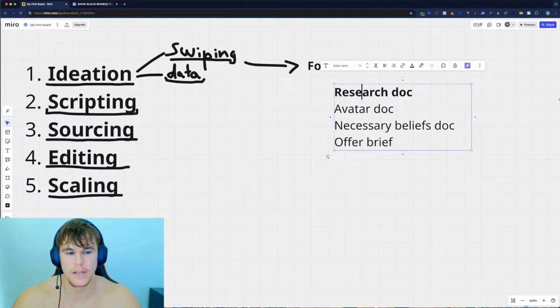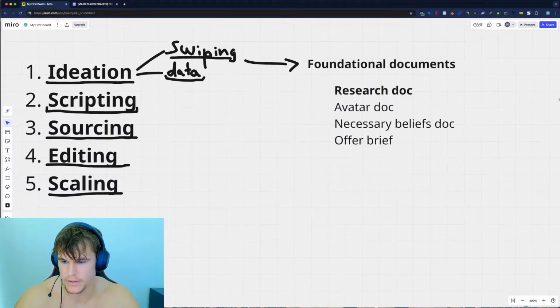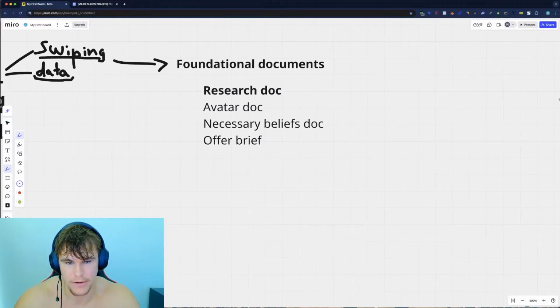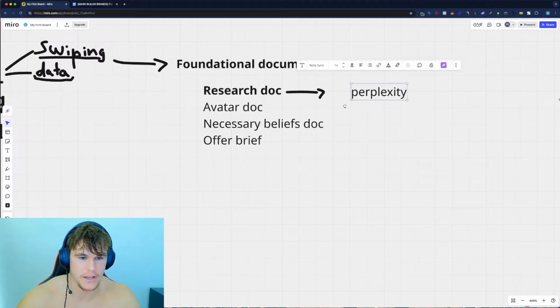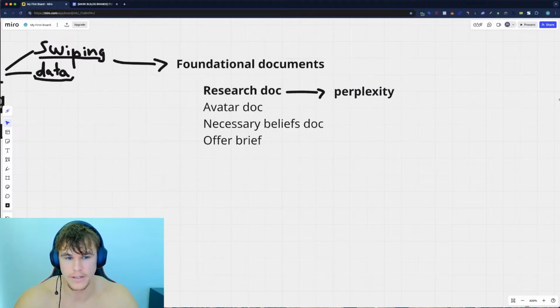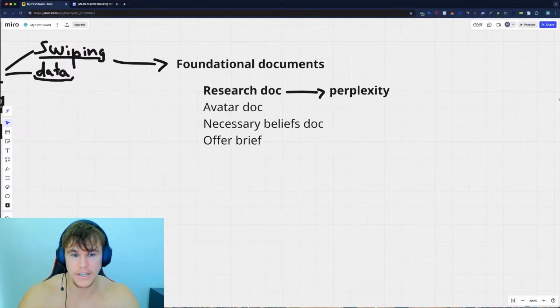If this doesn't make sense to you, go watch every video on my channel and get back to me. The brief summary: the research process I used to do through ChatGPT deep research, I now use Perplexity. Perplexity is an AI tool that's more specialized at deep research than ChatGPT. That's why I like to use it better. It's also significantly faster and it uses more sources on average than ChatGPT. So I use Perplexity specifically for that.